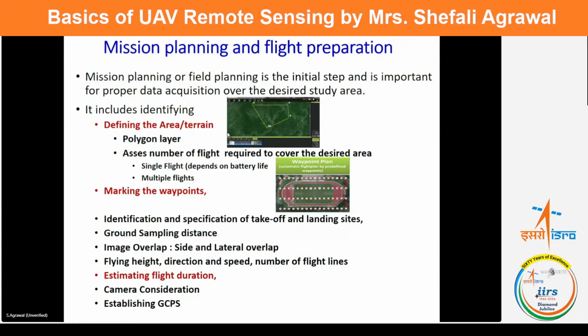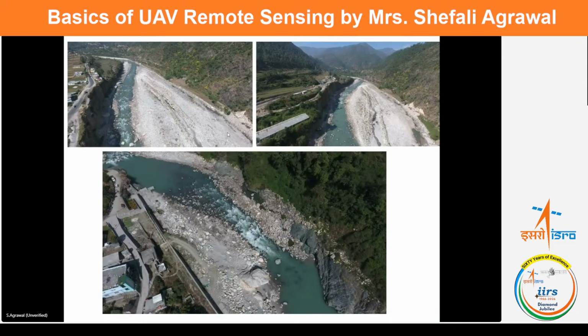And if you are using multispectral and hyperspectral data collection, for RGB nothing is required, but for multispectral and hyperspectral, calibration panels are also to be used to calibrate your data collection at the start and the end. That is, a radiometric calibration is required during the flight data acquisition. So these are a few photographs which you see. Some are collected nadir and some are oblique photographs of the Bhagirathi river here in the